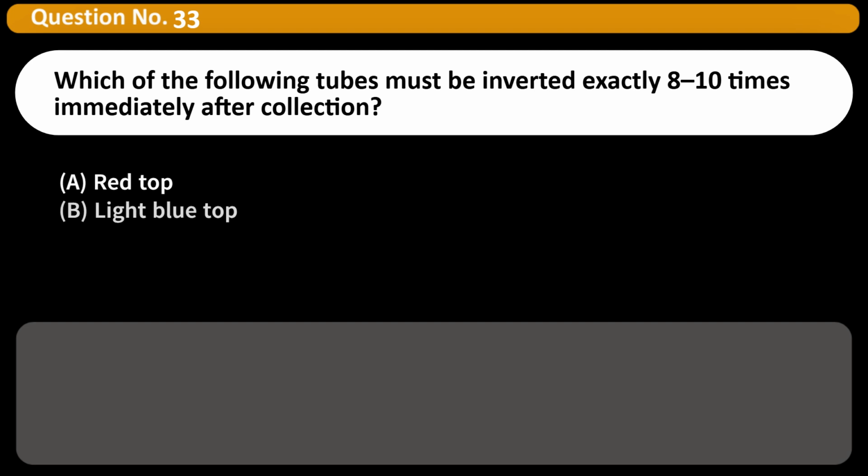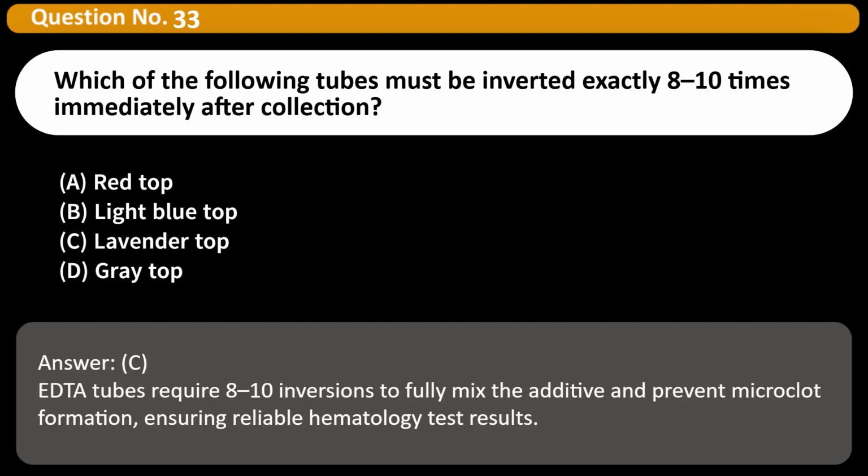Which of the following tubes must be inverted exactly 8 to 10 times immediately after collection? A. Red top. B. Light blue top. C. Lavender top. D. Gray top. Answer: C. EDTA tubes require 8 to 10 inversions to fully mix the additive and prevent microclot formation, ensuring reliable